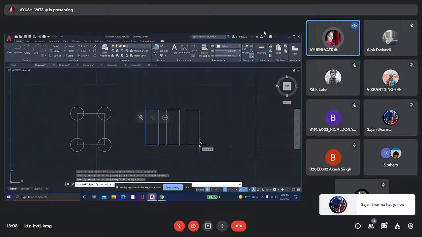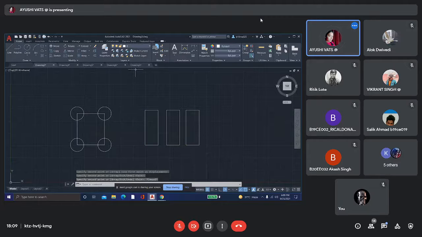Now how can we make multiple objects? Directly press the escape key. Suppose you enter the copy command, select the object and press enter, then the base point, and after the base point you specify here. You see the array option at the bottom of this. Suppose I want to draw 3 more rectangles. I enter 3. You are able to see 3 more rectangles like this.